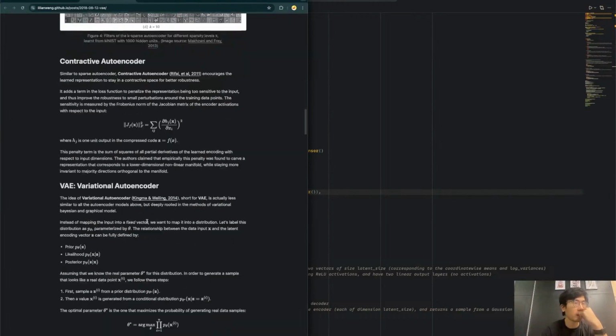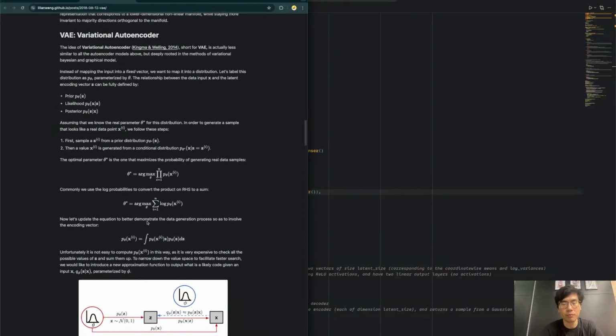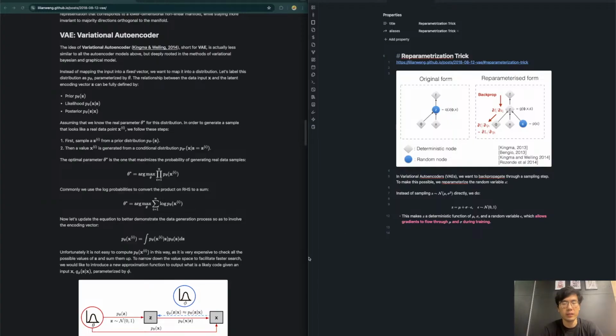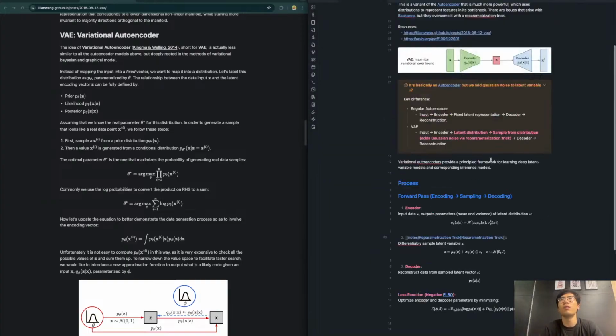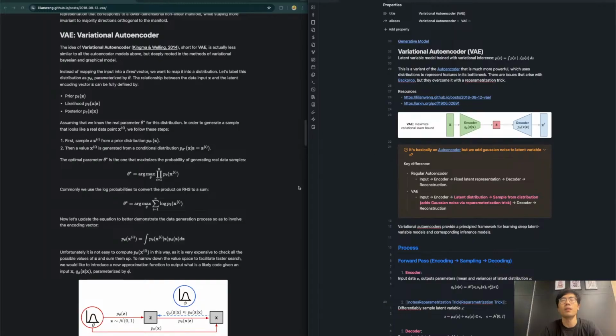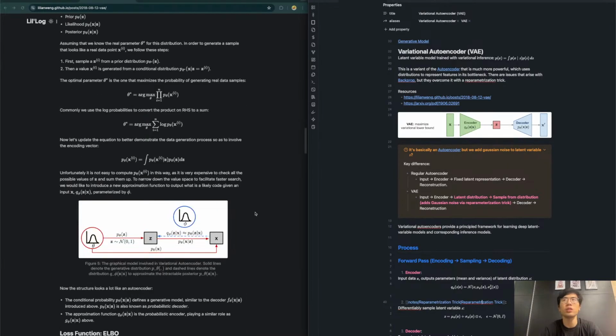But the variational autoencoder comes more from a probabilistic idea, and the motivation is that instead of directly taking our encoder's input and passing it to the encoder, we actually want to sample from the encoder. So our encoder is going to be taking X, and then it's going to generate some latent representation Z. So Z is going to be sampled from,